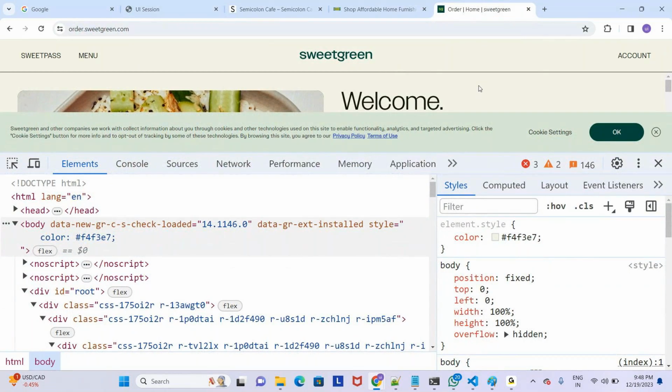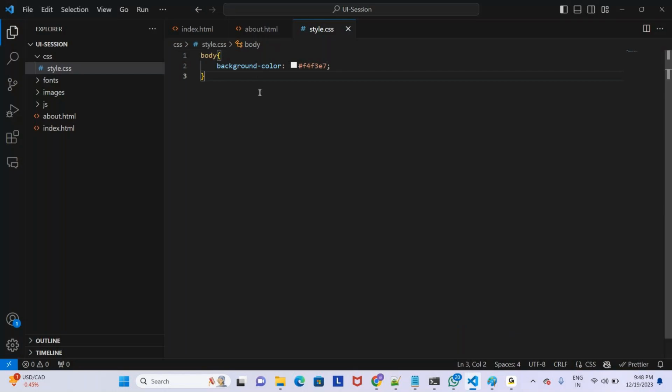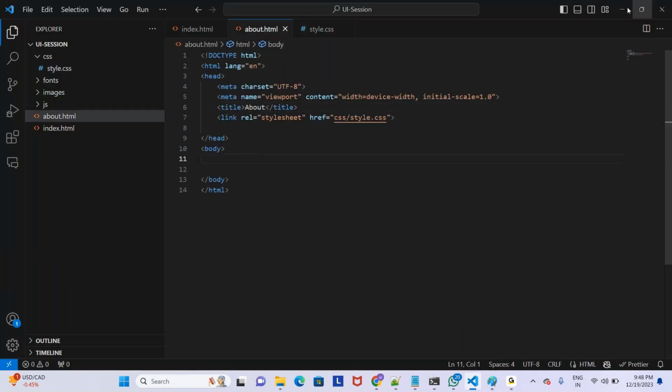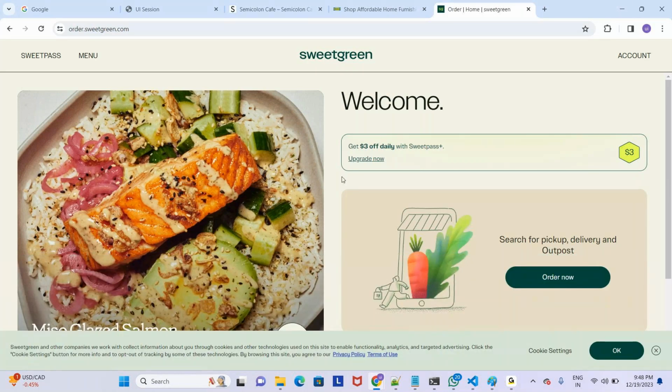Okay, so now when it comes to this, you can see there is a header part here, right? In this header part, you can see the left side area, and you can see the center area, and you can see some right side area, right? So what I'm going to do here is, first of all, if you look at any website, I think I told you on the first or second day, when you see a website, first of all you have